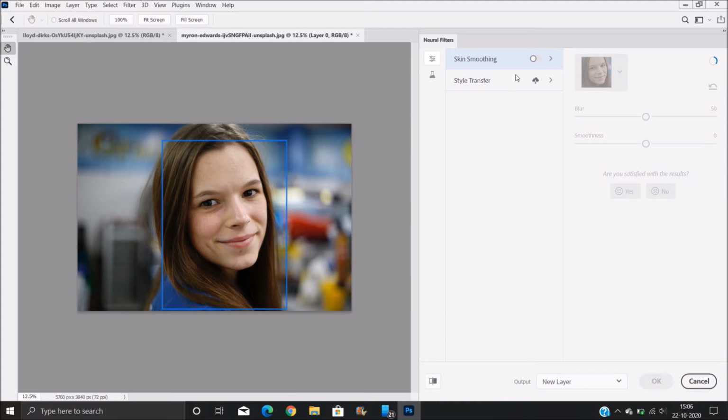From here, turn the skin smoothing on, and remember, the blur controls the skin texture and smoothness controls overall smoothness of the skin. So I don't want the excess skin texture, so I will decrease it, and if you want more smoothness, then increase it.